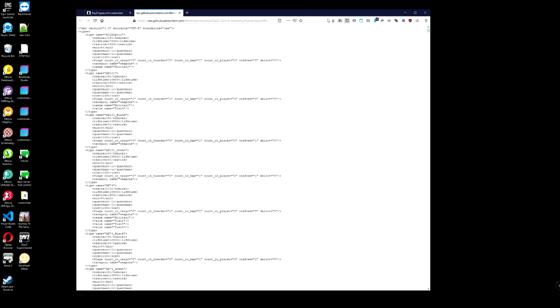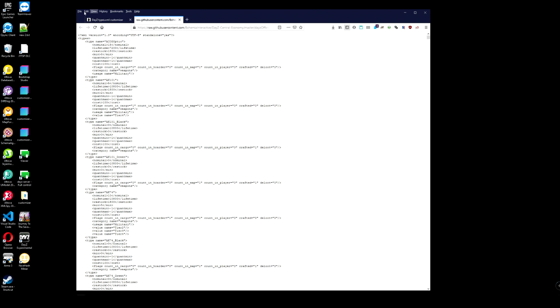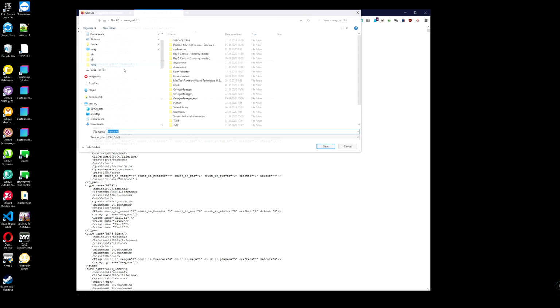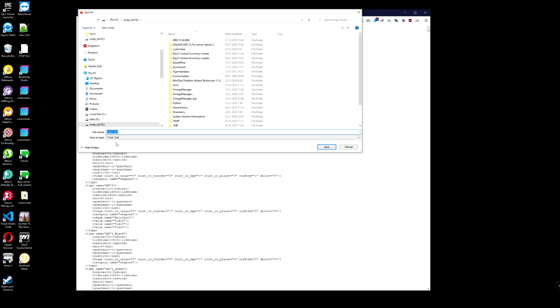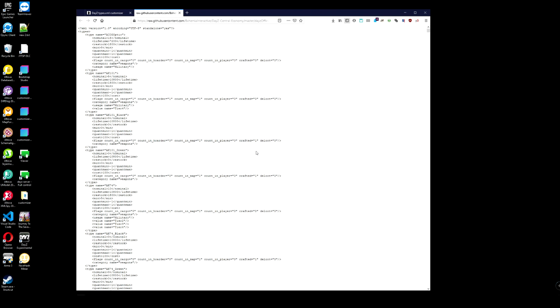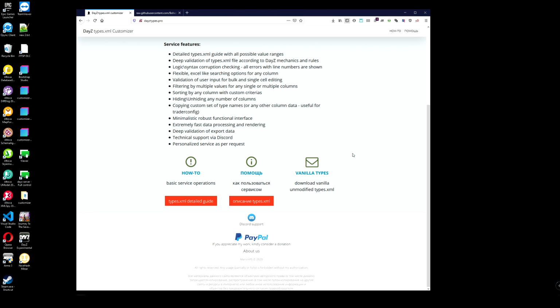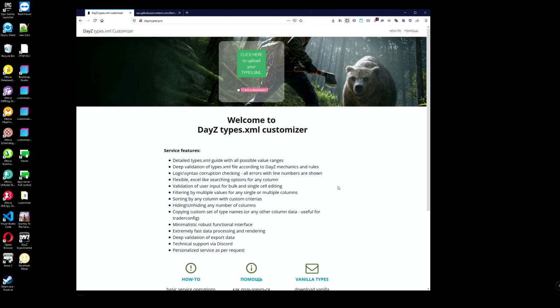So you just go here and save as, put it here, types.xml, doesn't matter, and here you go, you have a clean file. This is only for testing because most probably you already have a lot of additional types inside your types.xml from different mods, but it's always worth trying the clean one just for checking how it works.